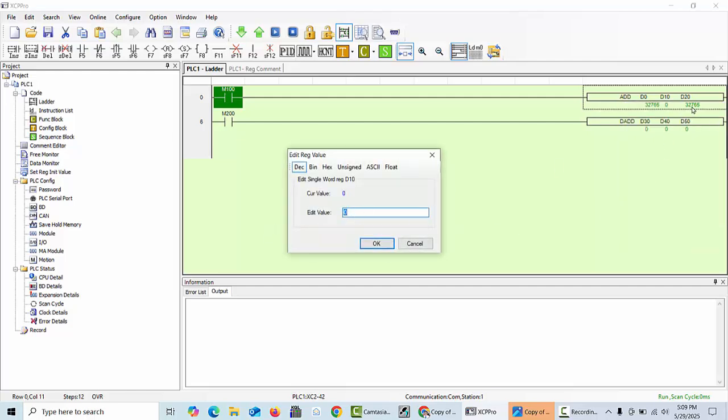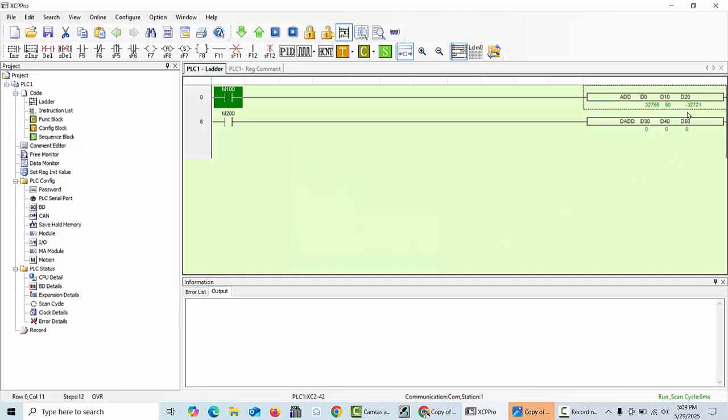There is 32,765, and I will type here, for example, 50 as the value, and click enter, and you can see this value goes into the minus. Because of this data register, the addition command only holds values up to 32,767, and because the value is now higher than that for this data register,